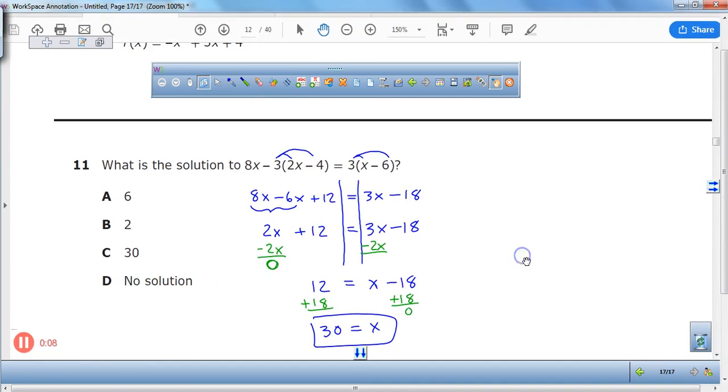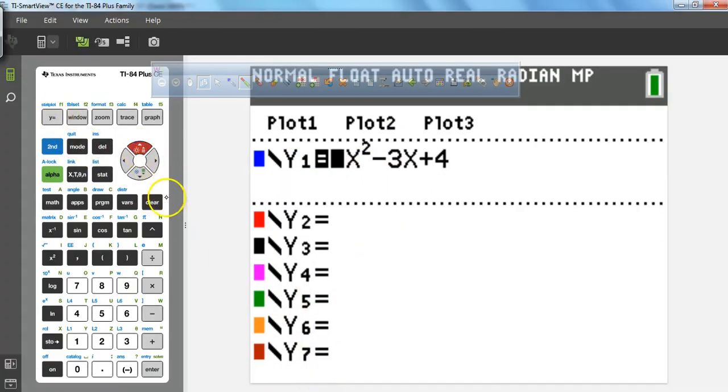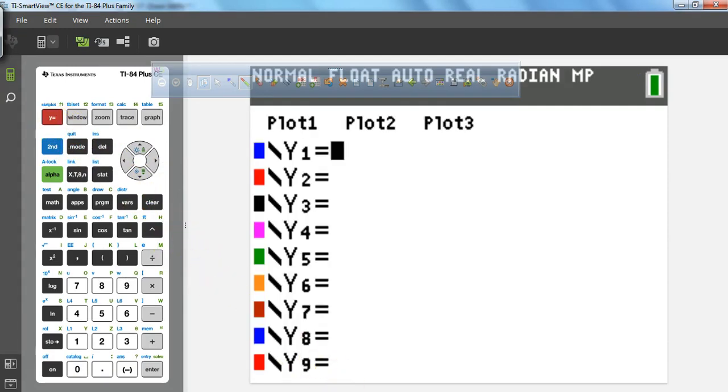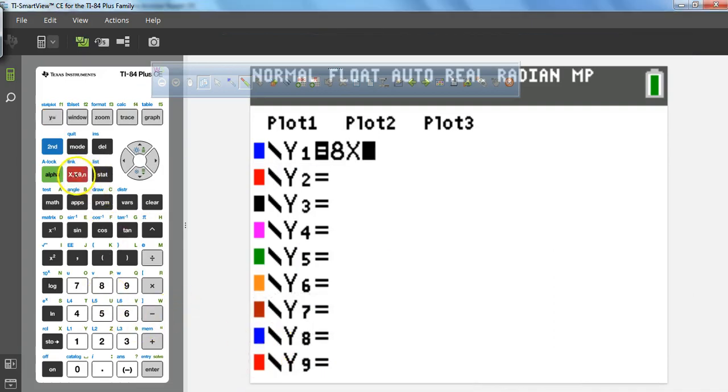But if you have a graphing calculator, you can actually take all of this and put it in y1 and put all of this in y2. So watch how I do that. Here we go. So I'm going to hit y equals. If you're at this screen, you hit y equals. And then go over here. I'm going to type 8x minus 3, open parentheses,